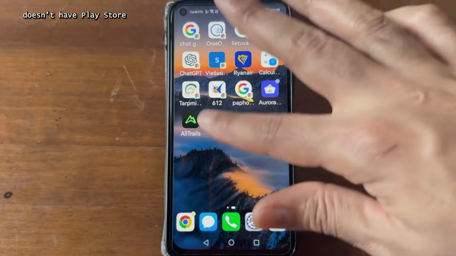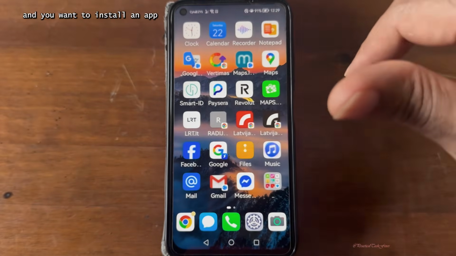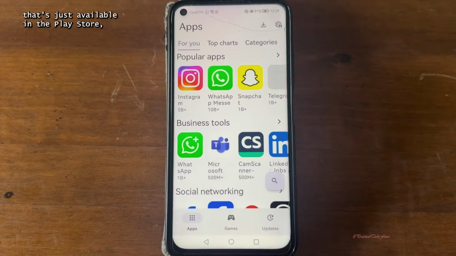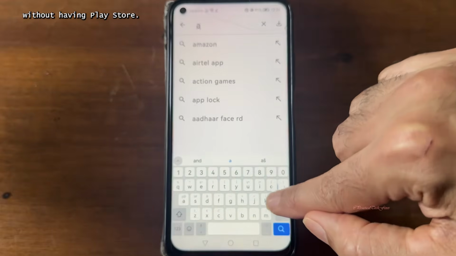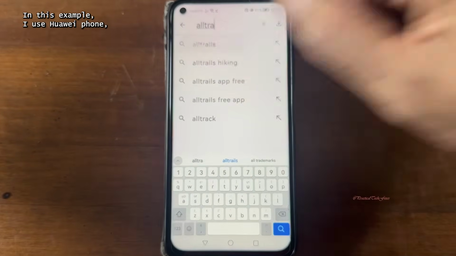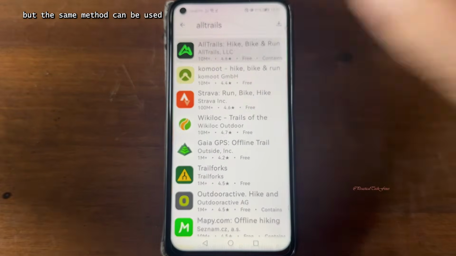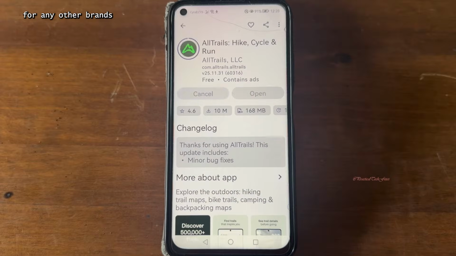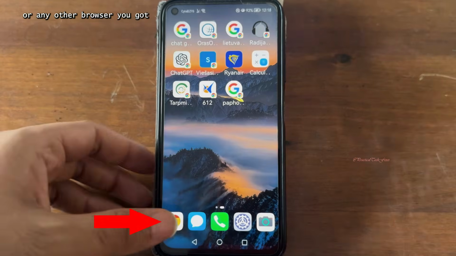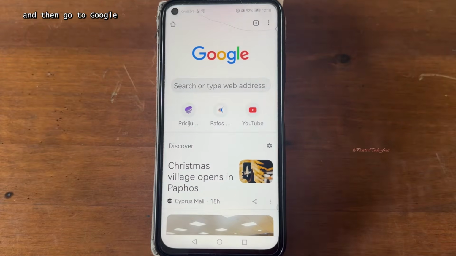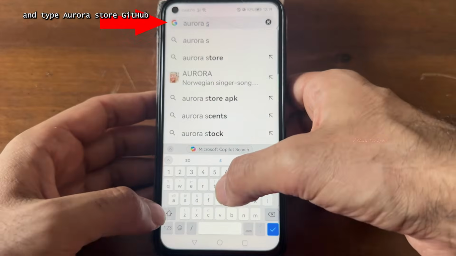If your phone doesn't have Play Store and you want to install an app that's just available in the Play Store, I'm gonna show you how to install any app from Play Store without having Play Store. In this example, I use Huawei phone, but the same method can be used for any other brands that don't have Play Store. Open Google Chrome or any other browser you got, and then go to Google and type Aurora